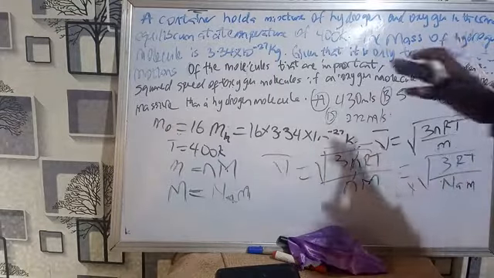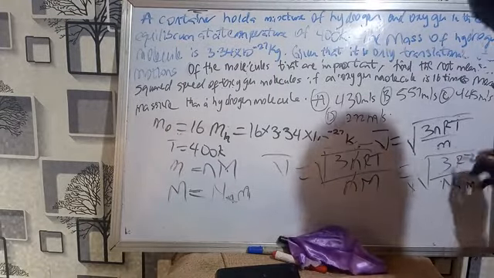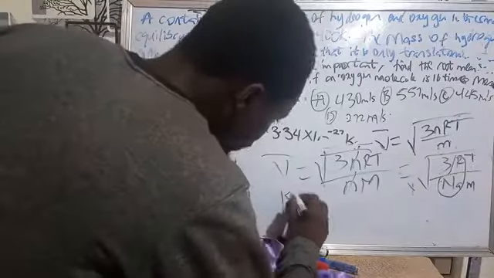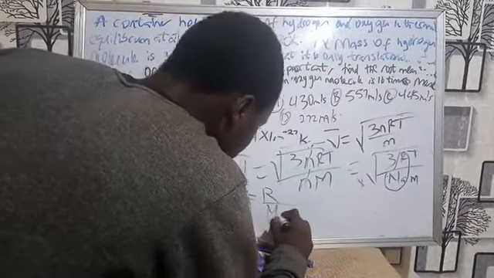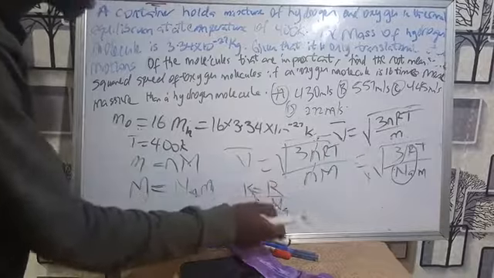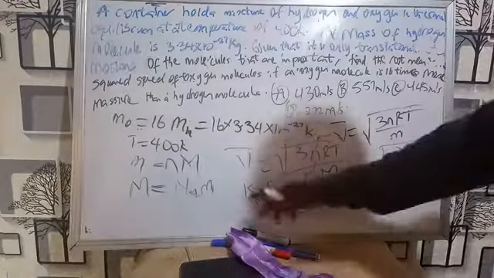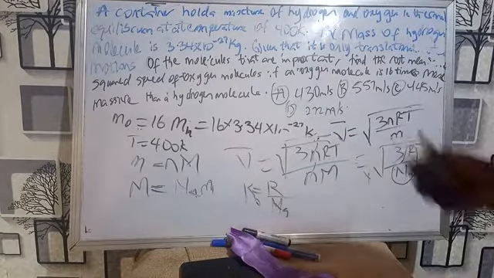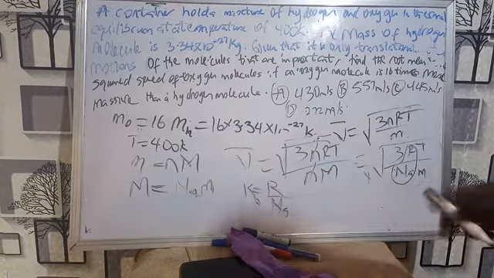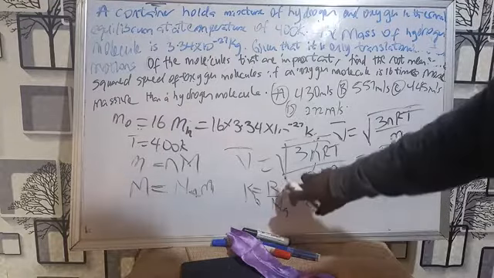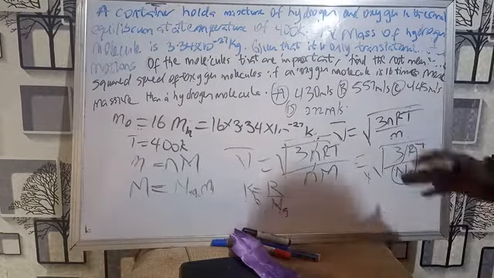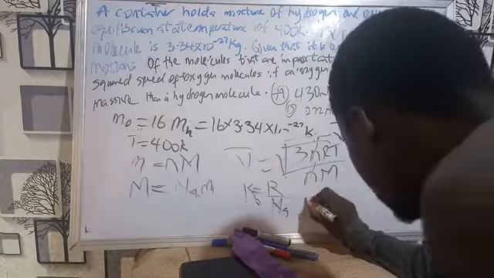Also, it depends on the question. You might be given Boltzmann's constant, k, which equals R over N_A, the gas constant divided by Avogadro's number. So you might be given this or that, depending on the constants given at the top of your question. If you are not given k_B and you're given R, just know that R is 8.314 and N_A is 6.022 times 10 to the power 23. So inputting all this into the question, we get